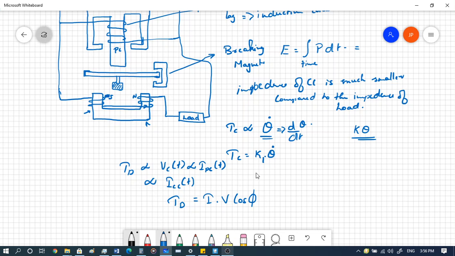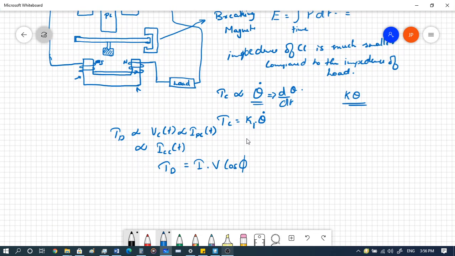Now which can also be written as the load power in this case, right? So here phi is the phase difference between I and V. So this is basically the load power that is being measured,